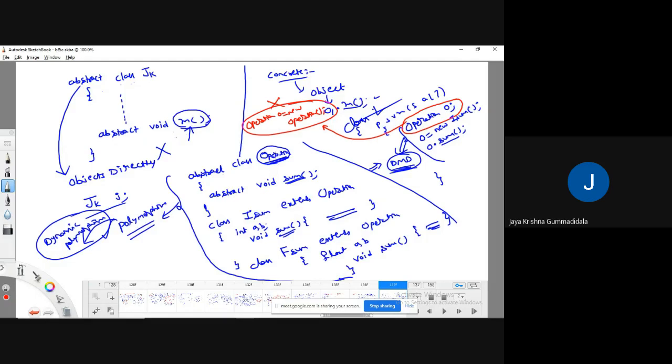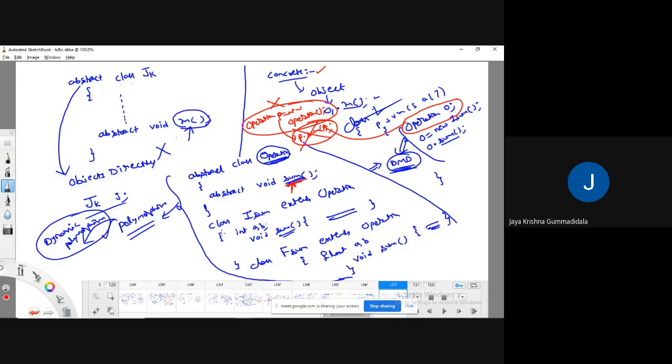Why am I saying that an object can't be created directly for abstract classes? Because through this object, say I'm taking it as p, if I call p dot some method, it will come to this class, and is there any some method implemented perfectly? No, it is an unimplemented one. Then also you will get an error. So that is the reason Java does not allow creating an object directly for abstract classes, but we can create objects for concrete classes.